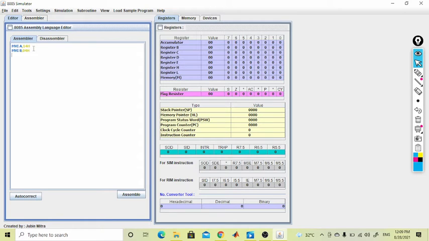Move immediately 04h to register B. So by giving these instructions, in A we have 20 in decimal, and in B we have 04. 20 is equal to 14 in hexadecimal.